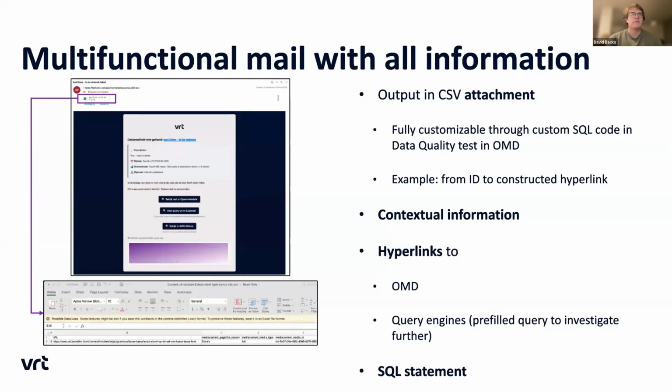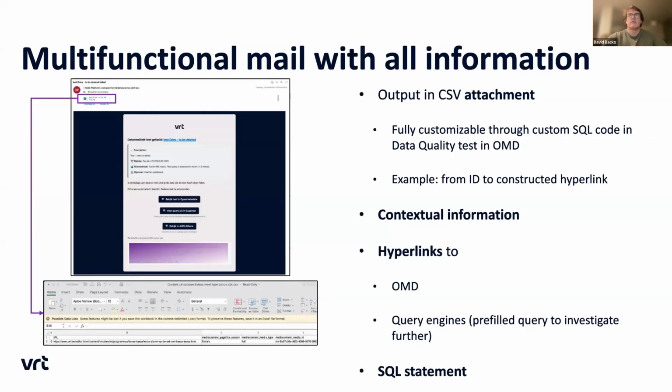Here you have a screenshot of the test case. As you can see, top left, we have the CSV with the data in there. As I mentioned in the beginning as well, we want to be as customizable as possible. We can do this through custom SQL code. To give an example, in this test case, we were sending IDs back to the business user. We went and talked with them, and they said a URL would be way more efficient for them. It would remove one extra step to get to a resolution. So this was done through that.